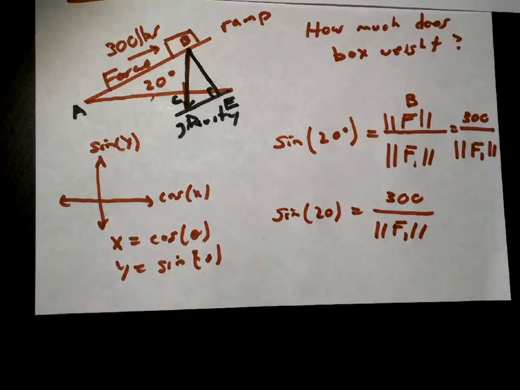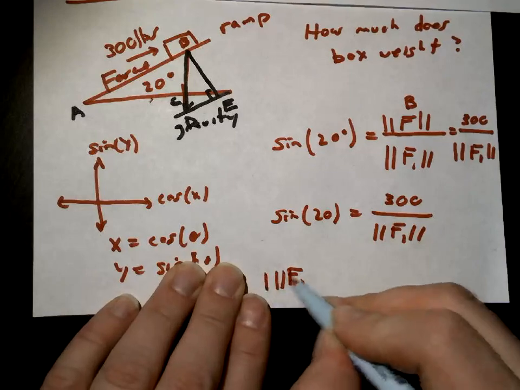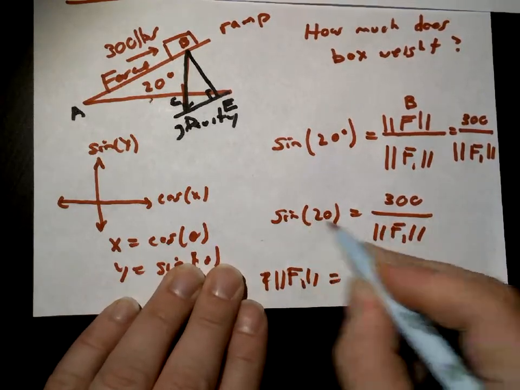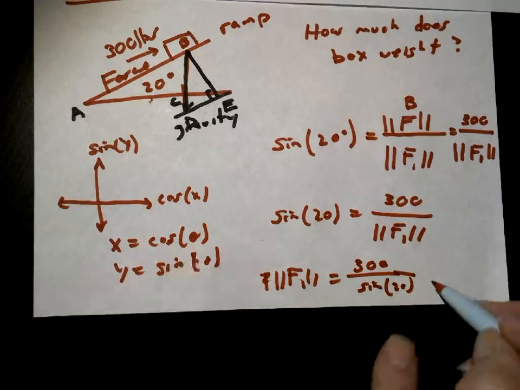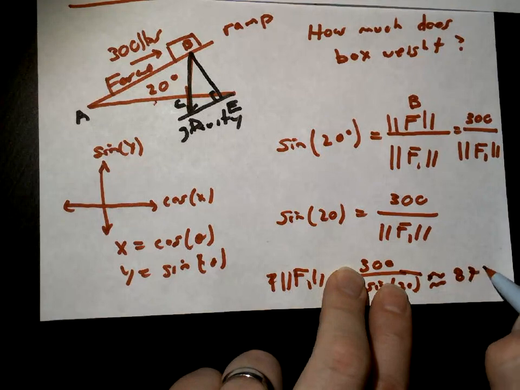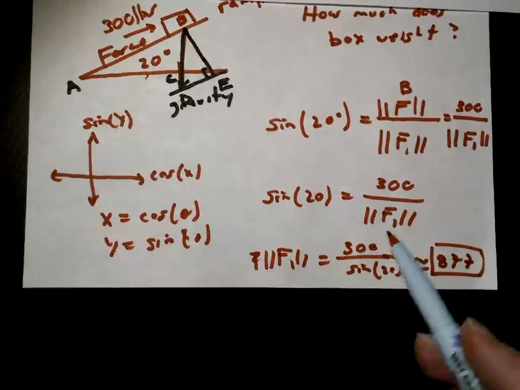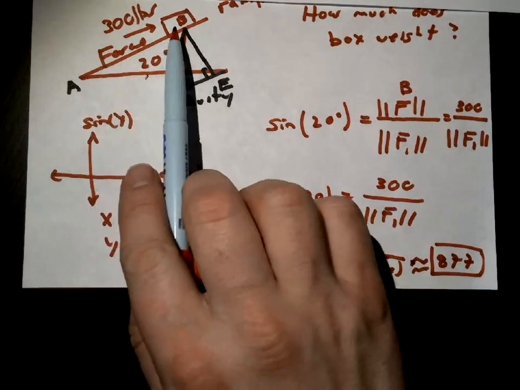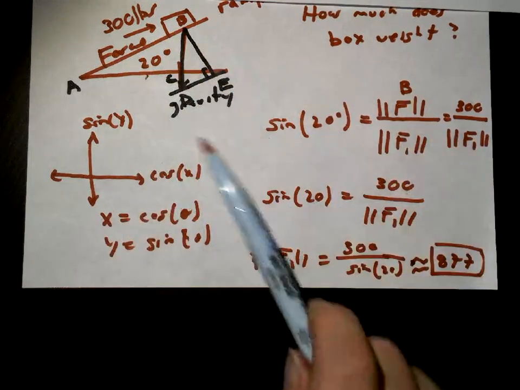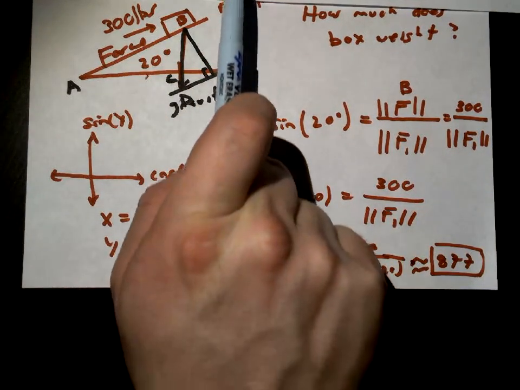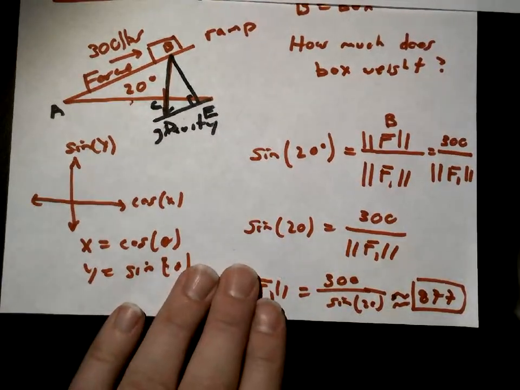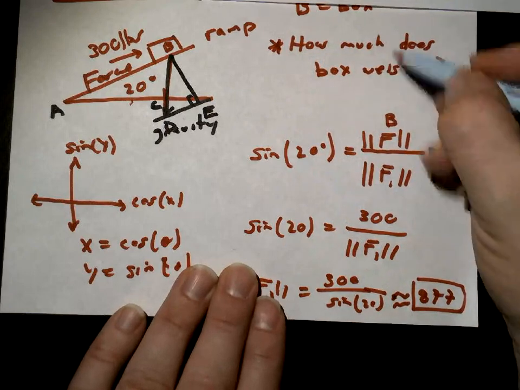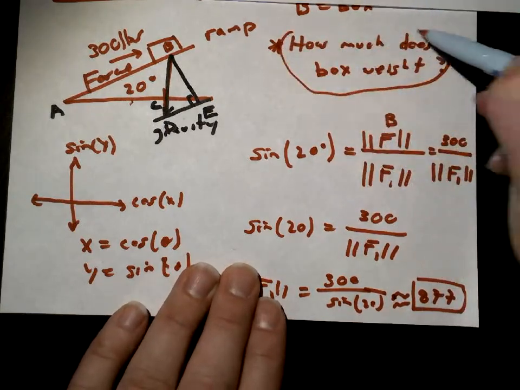Well, it's a proportion, so we're just going to cross multiply. You're going to get F1 equals 300 over sine of 20, which is roughly about 877 pounds. So we take our proportion, the force that pushes the box up the 20 degree incline over sine of 20 degrees, because we're going in the vertical fashion, and we're looking for how much the box weighs. I guess that's what we're looking for, right? We're looking for how much the box weighs,